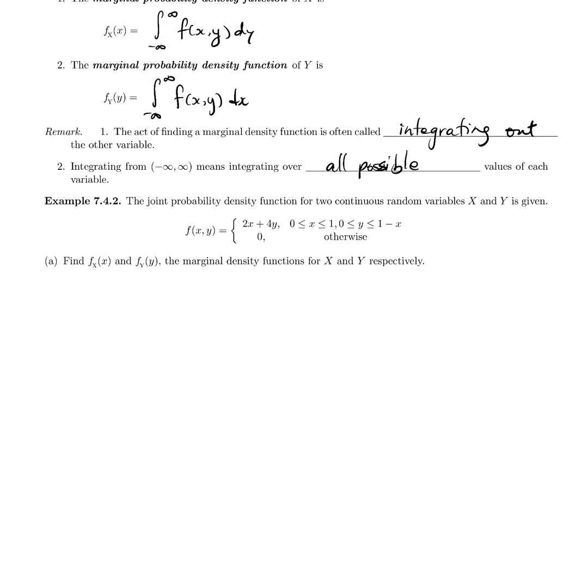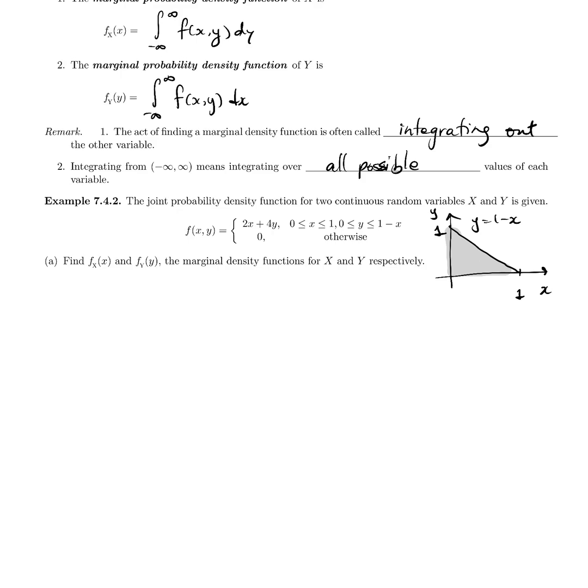To find these, let's start by taking a look at the support that we have here. Let's add some axes here. So here's my x and the y. We have x going from 0 to 1, and y goes from 0 to 1 minus x, so 1 minus x is the line here, that's y equals 1 minus x. That's the line that has intercepts of 1 and 1 on both axes,